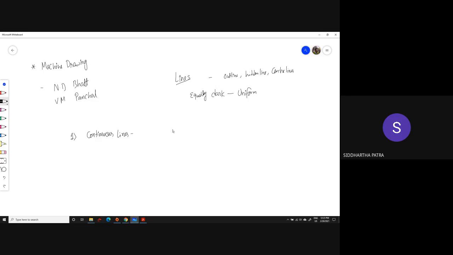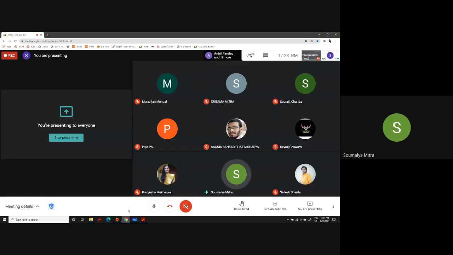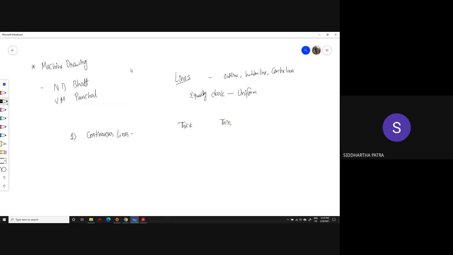Now of the continuous lines, there are thick continuous lines and there are thin continuous lines. Can you tell me what the thick continuous lines are used for? The thick continuous lines are basically drawing the margin or making certain outlines. Yes, okay. For the time being, we'll keep the border lines and margin lines